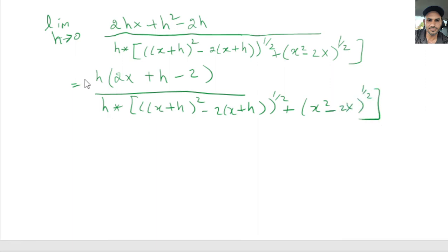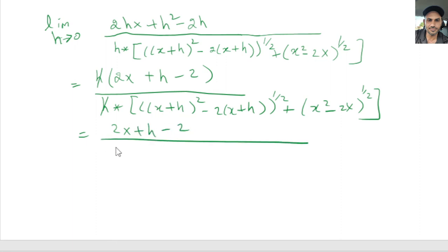Okay, so now we have h in the numerator and h in the denominator. We can cancel this out. I haven't simplified the denominator, but it would be the same thing as we did previously. If you want me to do it, actually I'm going to go ahead and do it so we can see,